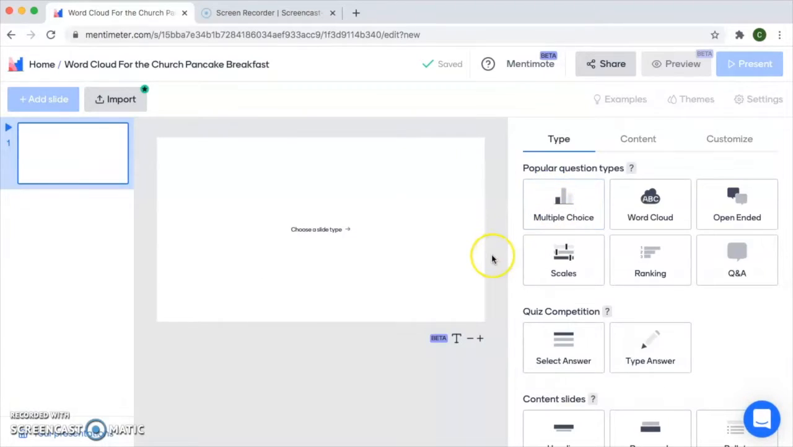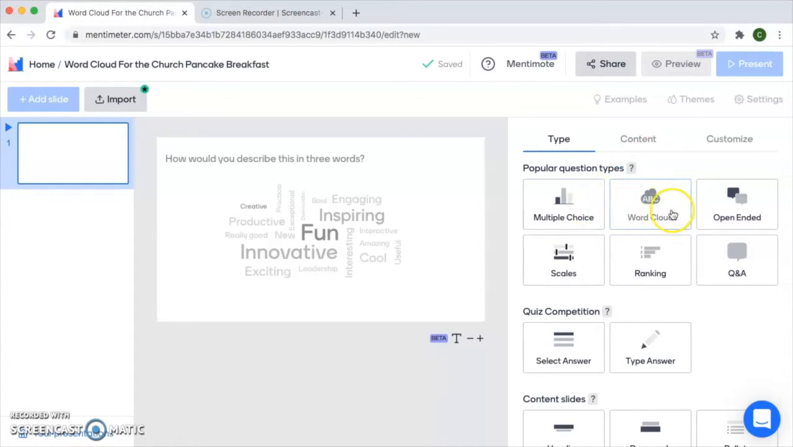And here we are again in our poll making area, the dashboard. We're making a new presentation, so it's a brand new slide. And again, everything you need is on the right-hand side. This time, instead of doing multiple choice like we did last time, I'm going to pick the next one, word